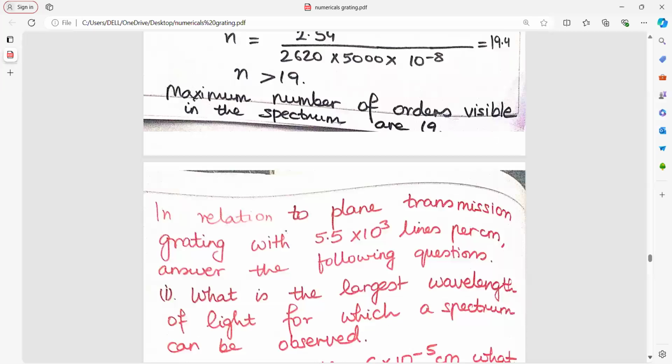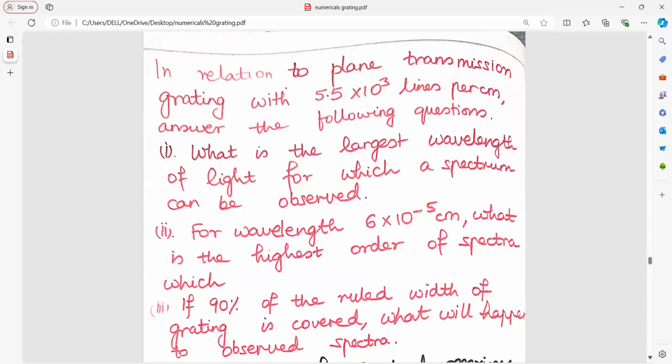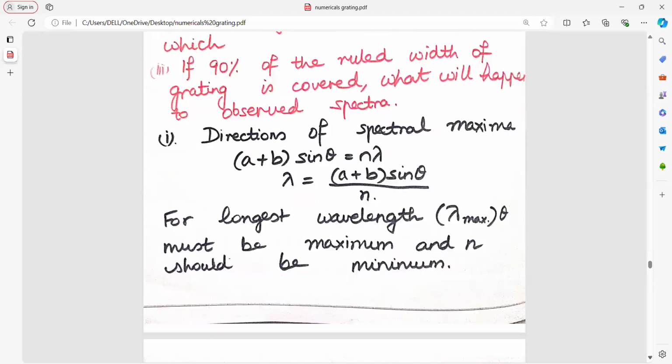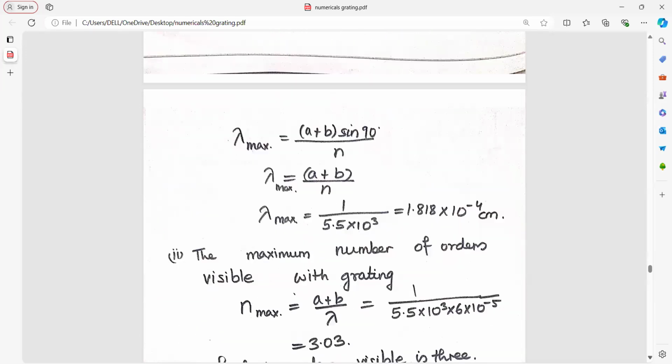In relation to plane transmission grating, answer the following. What is the largest wavelength of light for which a spectrum can be observed? Wavelength, what is the highest order of spectra? 90% of ruled width of grating is covered. What will happen to observed spectra? Direction of spectral maxima is this much. For longest wavelength, theta must be maximum and n should be minimum. The maximum number of orders visible with grating is